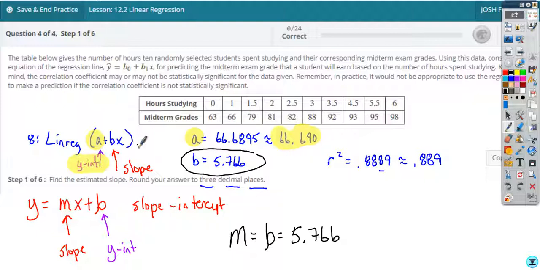We found a line of best fit. We found a line that supposedly would fit this data as best as possible so that we could make predictions. So when we were collecting our data, we got 66 for our midterm grade. But now with our prediction, or with our formula,